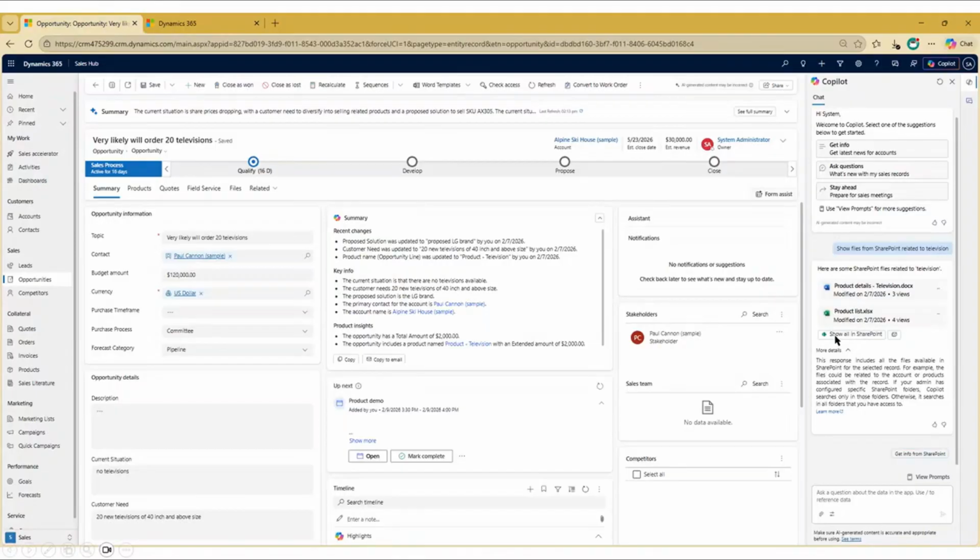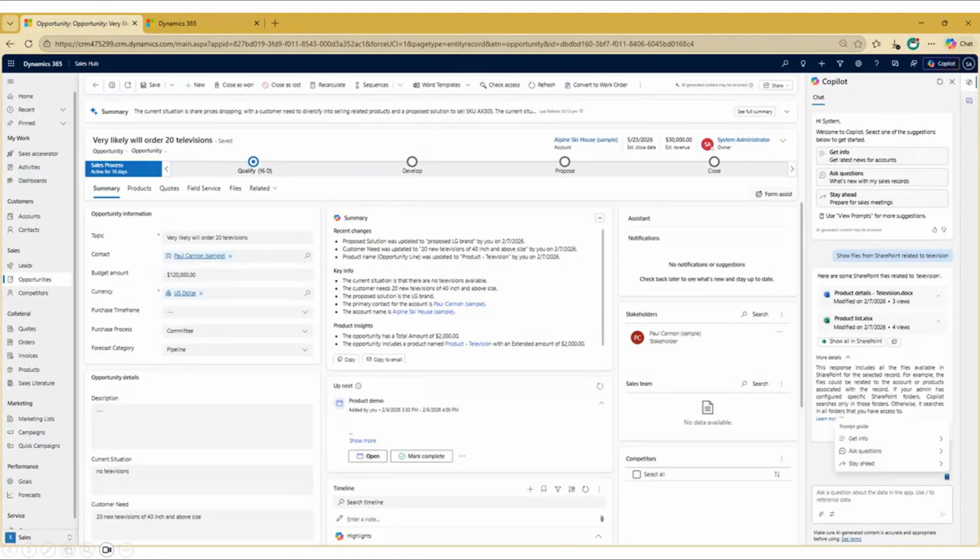And then at the bottom, we have this show all in SharePoint. If I click on this show all in SharePoint, then it will open a new tab in SharePoint, and it will show both of these files together in that new tab. And similar to get files, we also have one more option here in the prompt, that is get info from SharePoint. If I click on this get info from SharePoint,